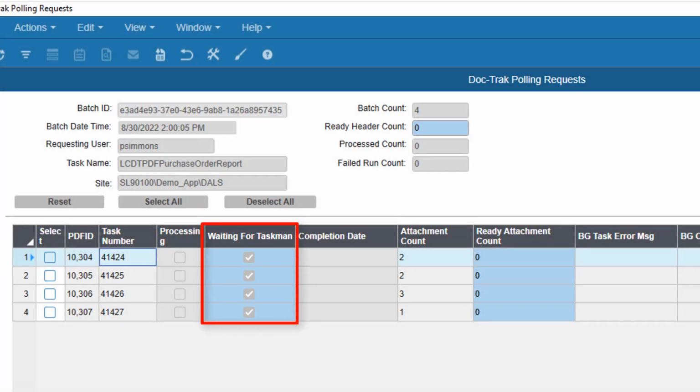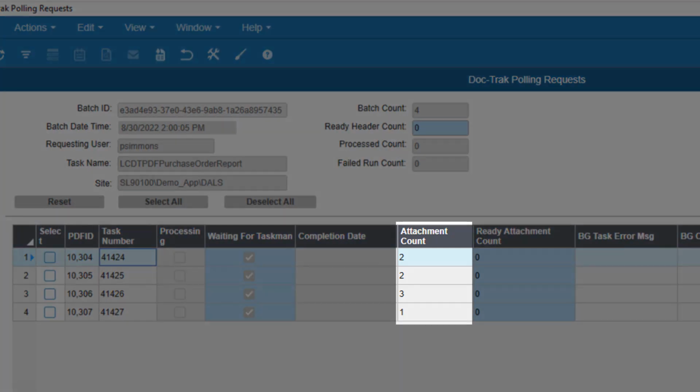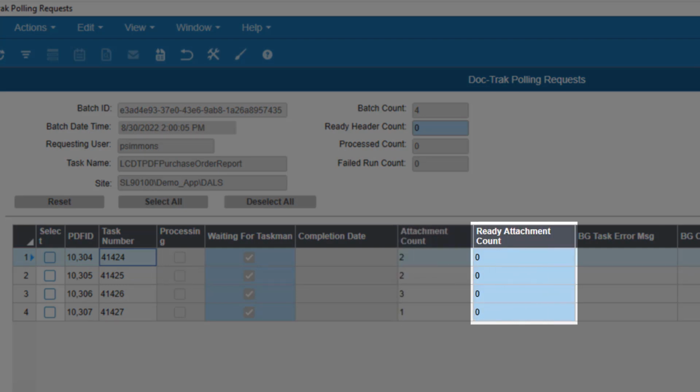In this case, the column is blue, indicating that this is the current stage of the process. The next two fields display the number of attachments to be bundled in with the original SiteLine report, and the number of those attachments that have been converted successfully so far.